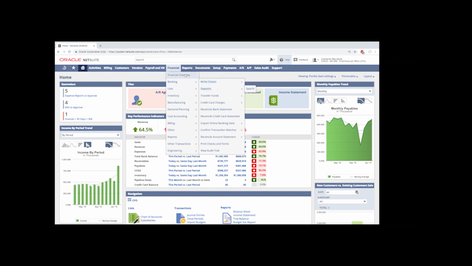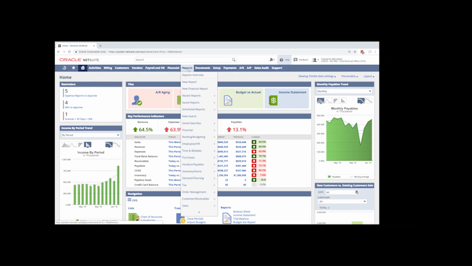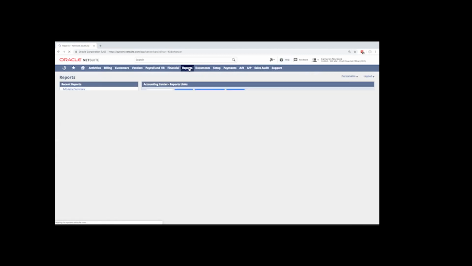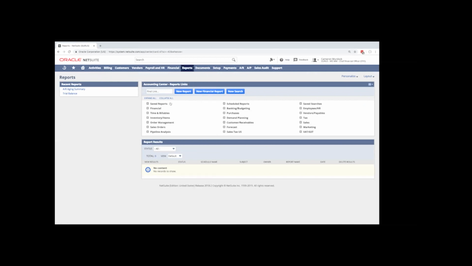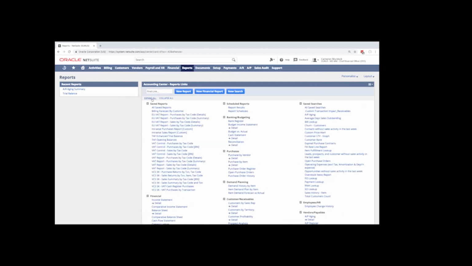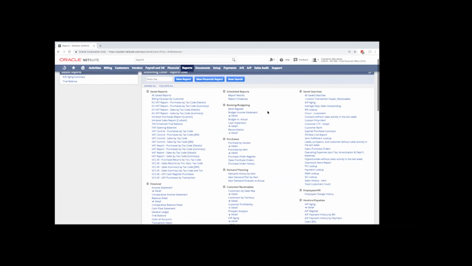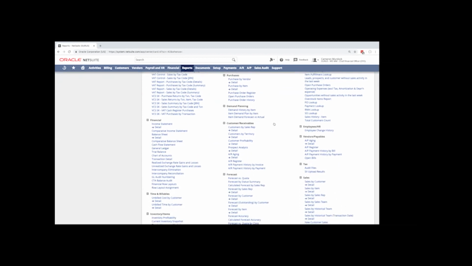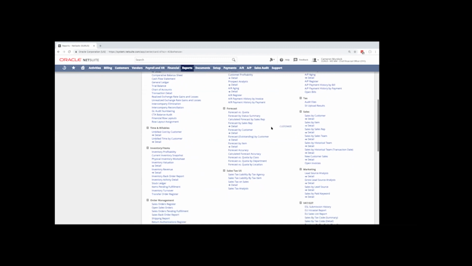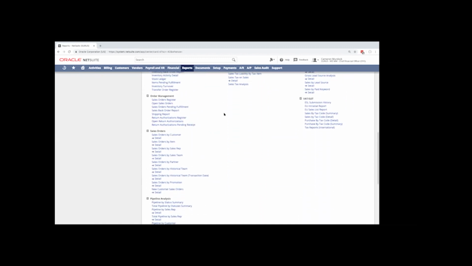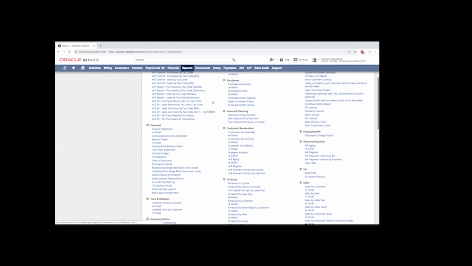A good example of how a center is used is actually not only by listing these categories and links, but also when we click on this center, it'll show us these links in a dashboard view. For instance, the report center is going to show me those same categories, but listed in a portlet here, categorizing each of the saved reports, searches, and just other categorized reports that we might have in the instance. And this is a good example of all the standard reports that NetSuite comes with, as we have over 100 standard reports at both the summary and detail level for financials. So we always start from these standard reports before we try to customize the instance, because it always gets us there more quickly.